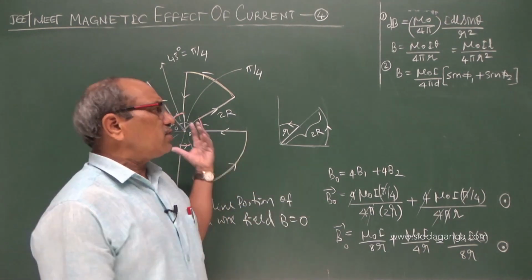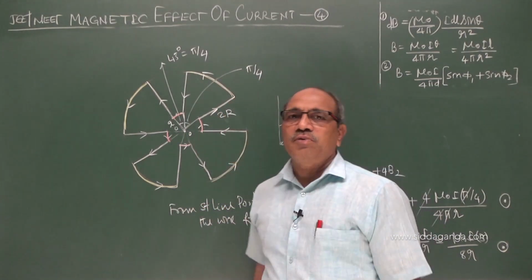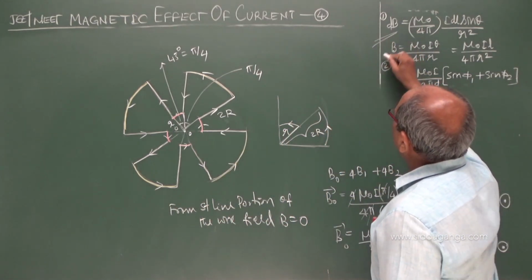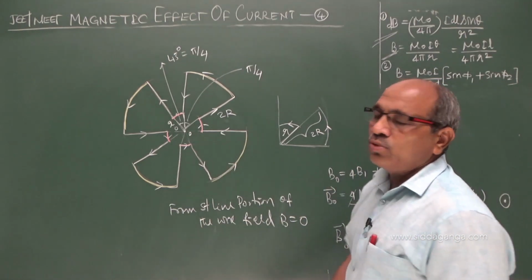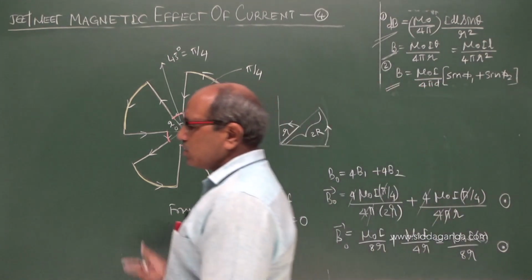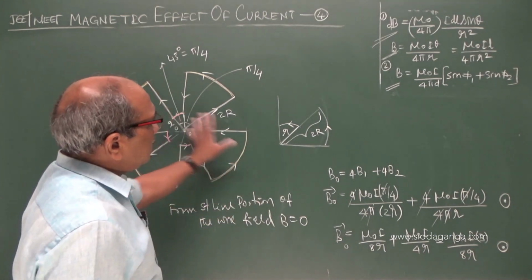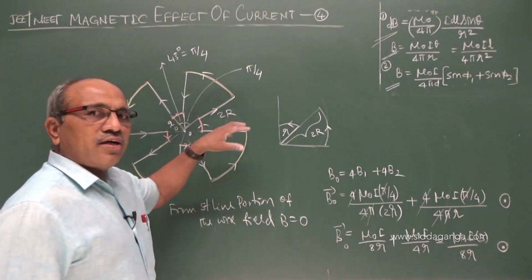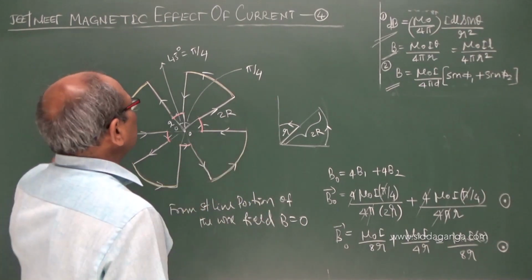So some examples of such are taken here, that is not the final, but too many questions. Why we selected them is because the questions are coming with the two relations here. This is the relation with the arc or the current element, or this is the expression used to find the magnetic field due to a straight conductor. They are taken in different forms. They may design a new one, but we must be able to get the solution. Therefore, we tried with the different possibilities. We can have a new figure, new arrangement, and we can find the field, as well as the direction, correctly if we follow these. Thank you.